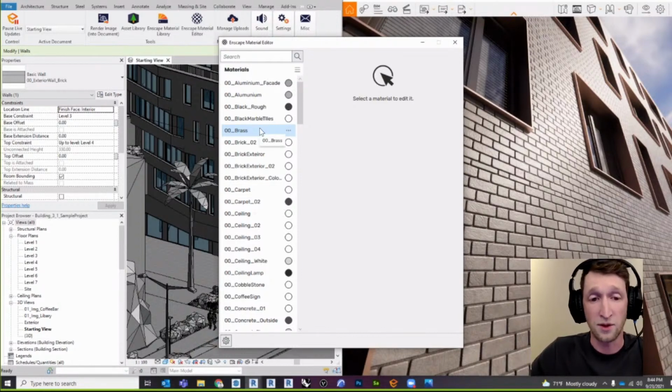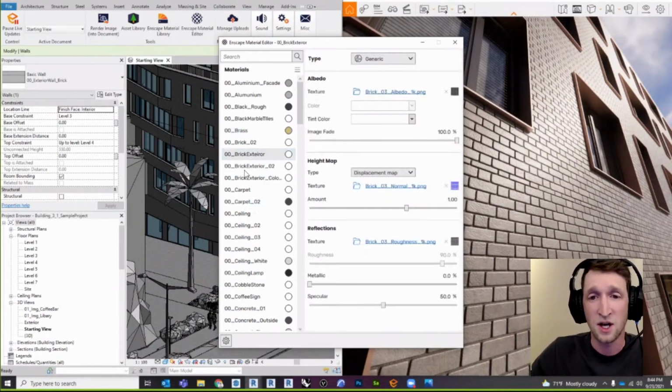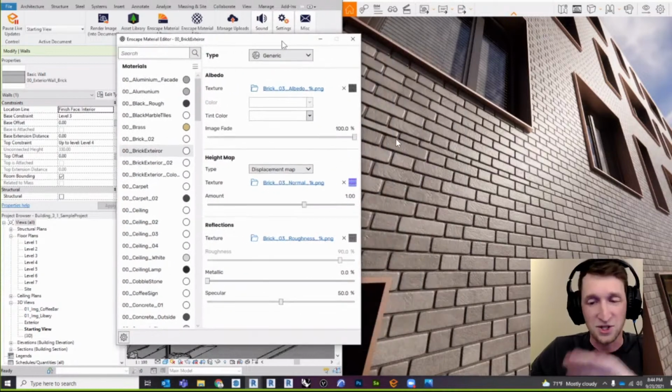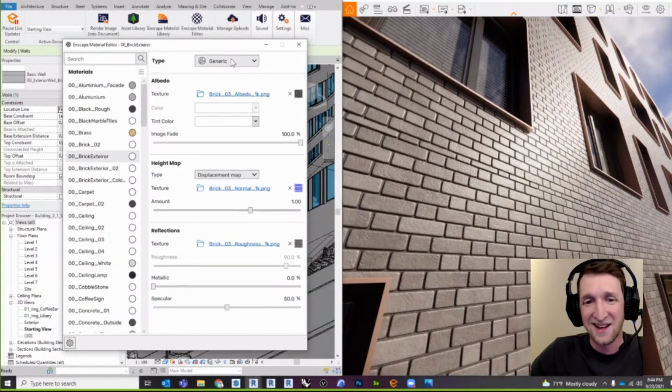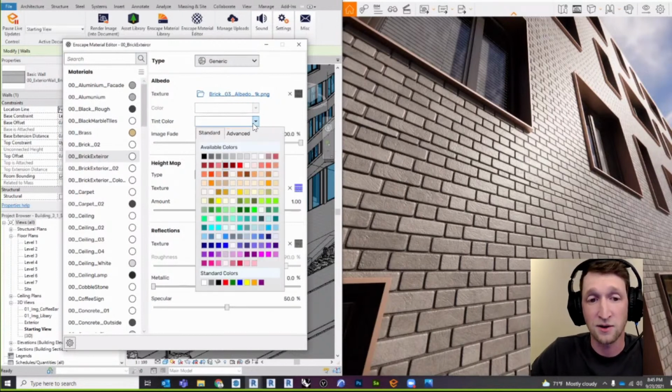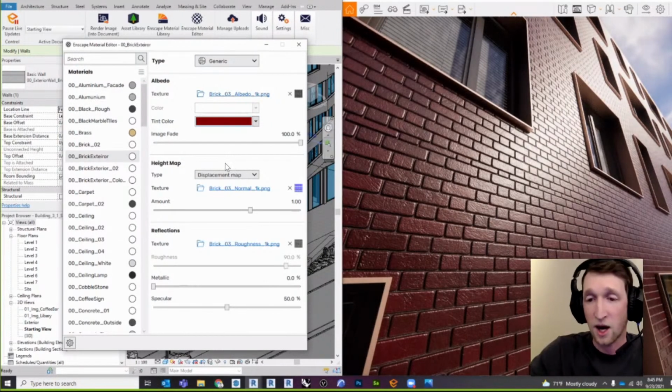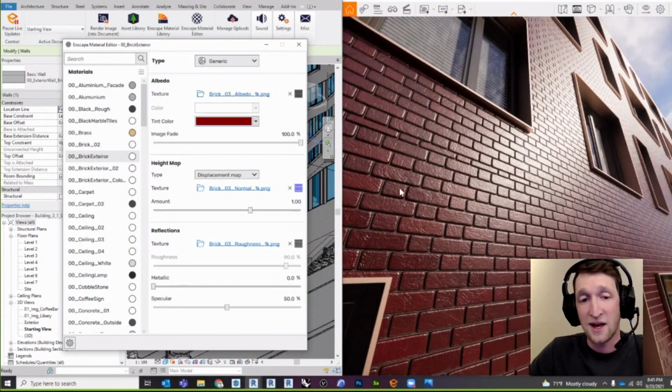But now where this becomes really, really powerful is that we just saw in Revit how I had to click OK 4 different times to accept the changes. But now whatever I'm doing inside of here, I can see it instantaneously. So say, for instance, I need to tint the color. If I hit red tint, it updates instantaneously for me. If I need to adjust the displacement map of this, again,